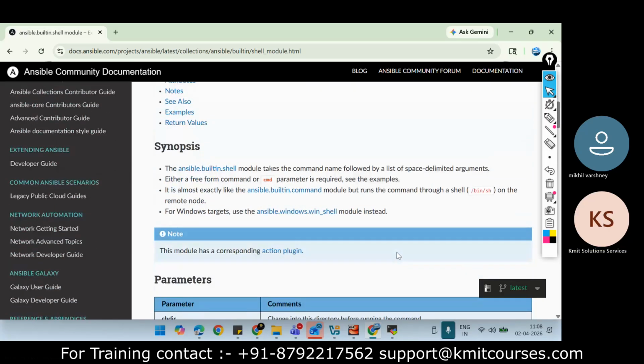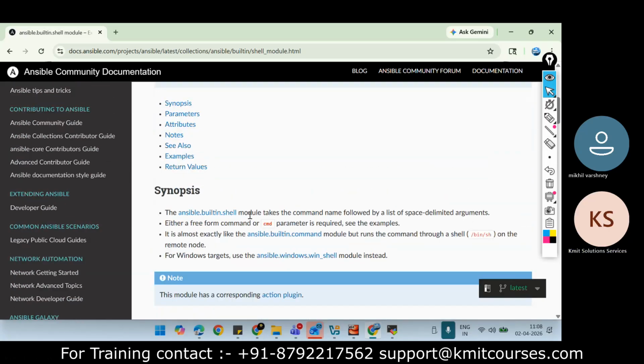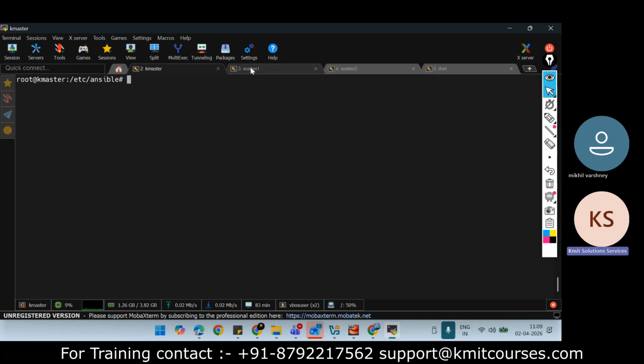Now what it does, this module takes the command name followed by a list of space delimited arguments. For example, I'm on worker one, and if I say sudo systemctl status apache2, you can see that Apache 2 is not installed.